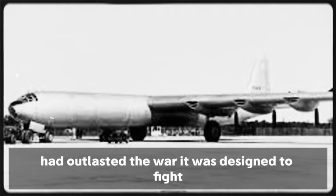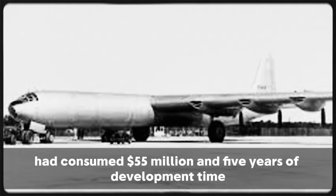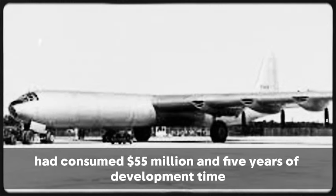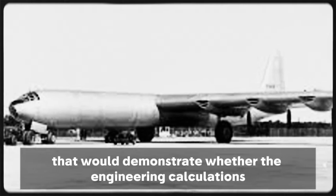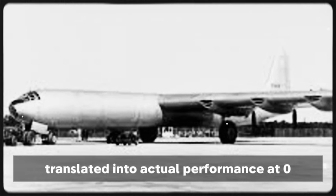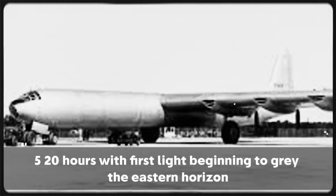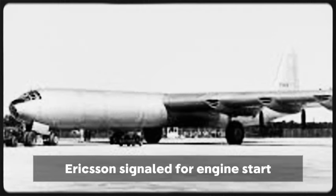The program had survived repeated cancellation threats, had outlasted the war it was designed to fight, had consumed $55 million and 5 years of development time to produce this single flying prototype that would demonstrate whether the engineering calculations translated into actual performance. At 05:20 hours, with first light beginning to gray the eastern horizon, Erickson signaled for engine start,